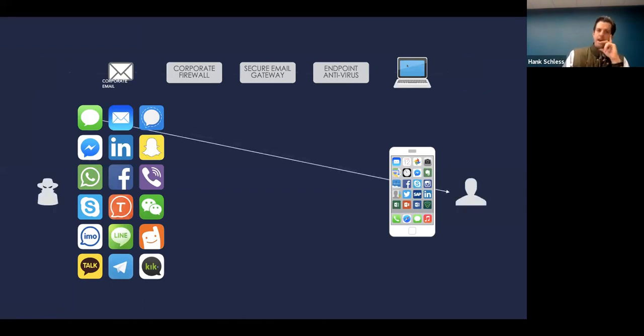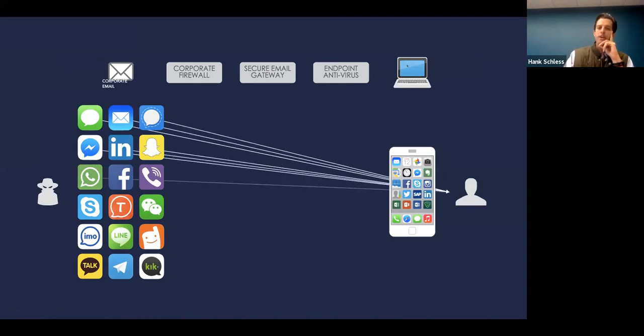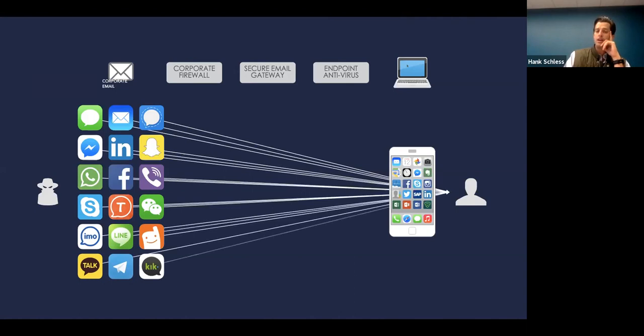What things have turned to now is that there are so many different applications on mobile devices, especially if people allow individuals to use personal devices, the bring your own device or BYOD model, that you can use any number of vectors. It's SMS, it's iMessage, it's email, but it's also third-party messaging apps, social media platforms, gaming apps. Honestly, even dating apps are presenting a way for attackers to